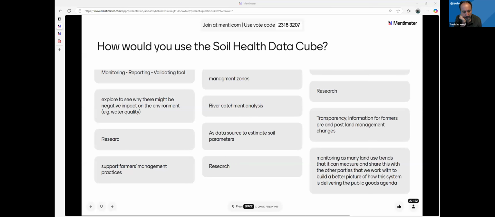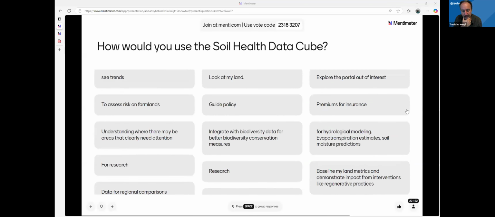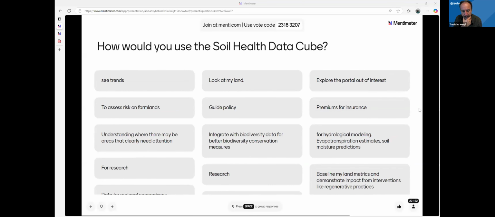Personally, my hope is that the soil health data cube will be used primarily for detecting where land degradation is happening, because it's really hidden, and it takes a lot of work to prepare all this data and see these trends. Obviously you have negative trends: losing primary productivity, soil carbon, pH changing drastically. That is really happening, and it's very important.